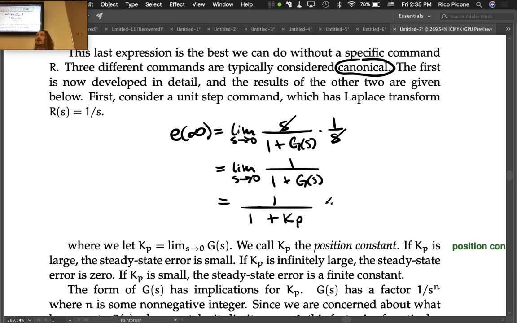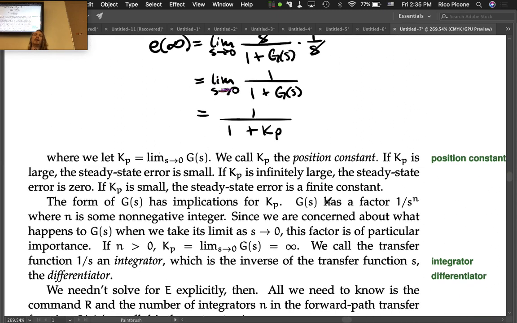Now, remember, G includes our controller and our plant. So that limit as s goes to 0 is going to be affected by what's in the controller and what's in the plant. And we can usually not change a lot about the plant. The idea of putting the controller on there is to make the plant do something that it wouldn't normally do. So the controller is there as like the external thing that we can change, and the plant's usually not very changeable. I mean, there's always some possibility you can change the plant, but usually your focus is changing the controller. All right, now,